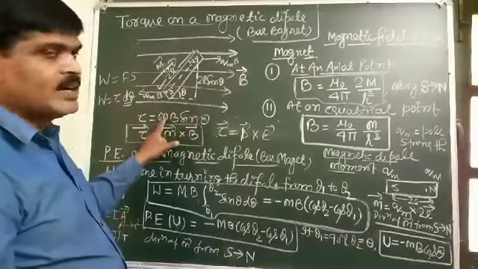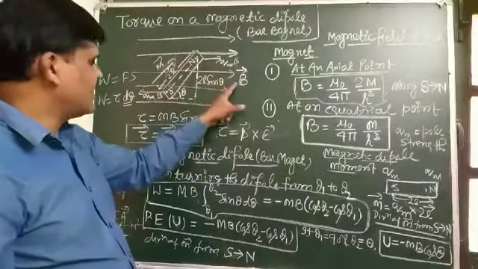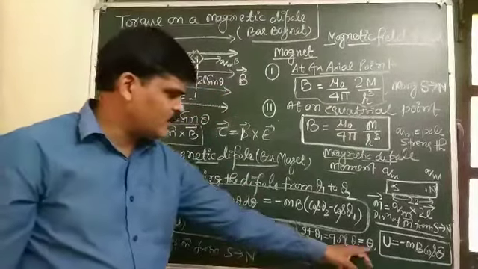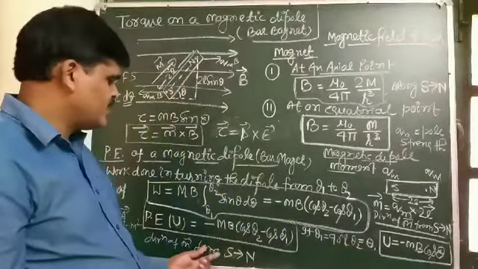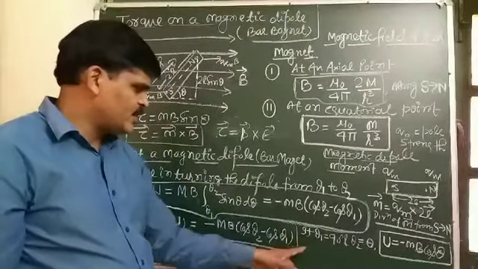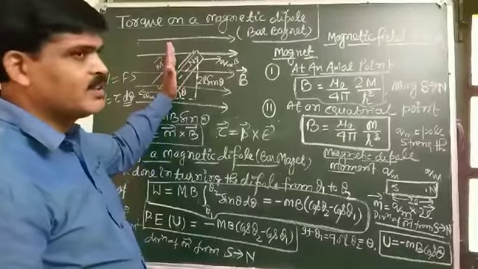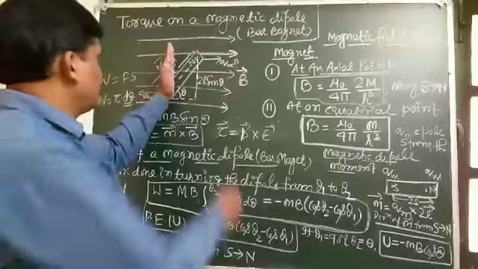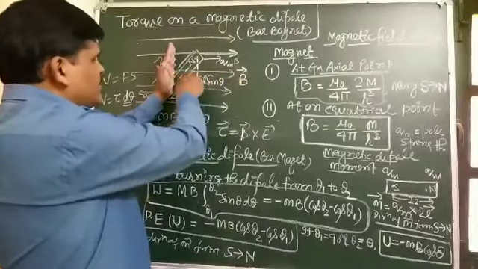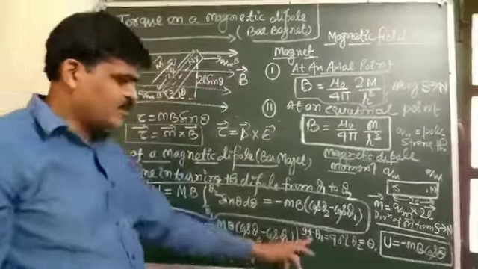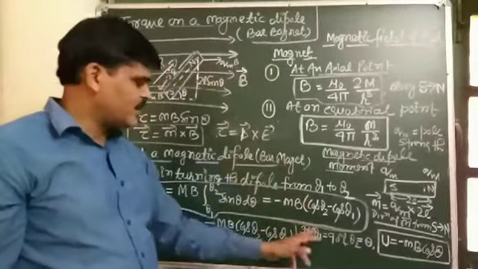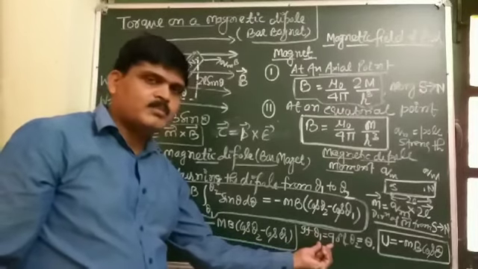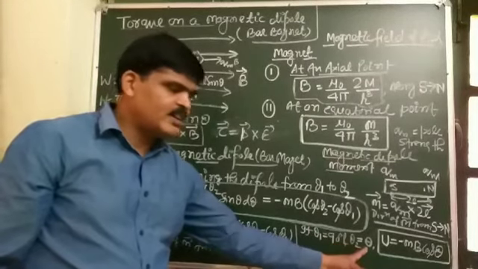Angle between what? Magnetic dipole moment and magnetic field. Initially theta 1, that is what? 90 degree, and theta 2, that is what? Theta. It means initially theta 1 is 90 degree. It means the dipole is kept, dipole moment means from S to N, which is kept in this direction, and the magnetic field, so the angle between them is what? 90 degree. So initially when a dipole, a bar magnet, is kept at 90 degree, this bar magnet is rotated from 90 to another angle theta.